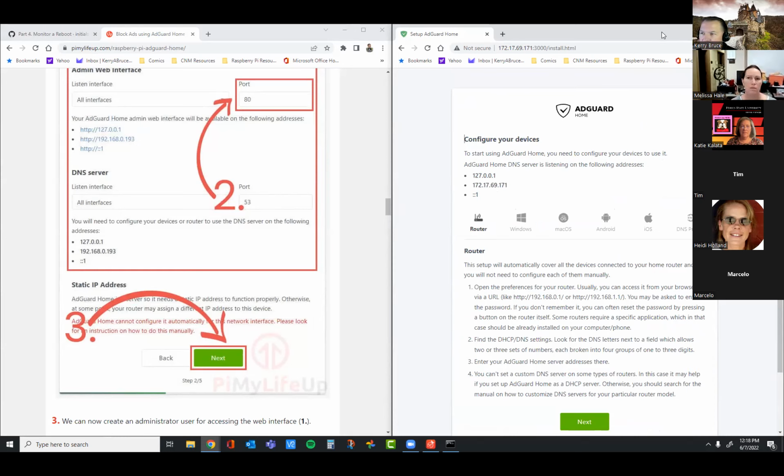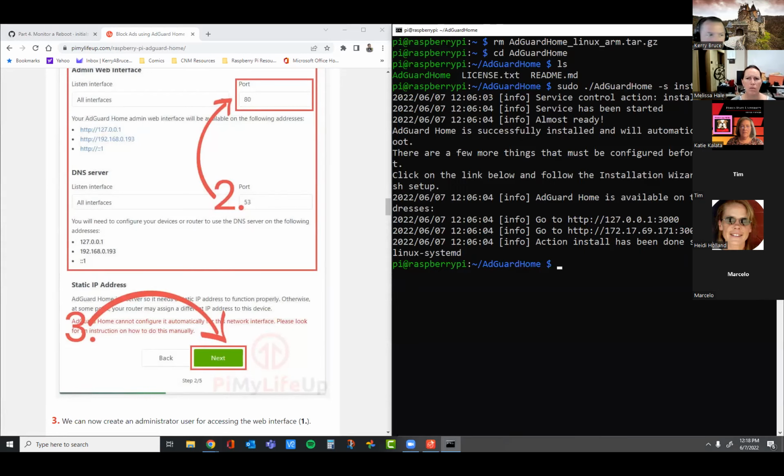We need to change the IP address on our device. So we need to go back here, and I'm just going to set that one statically. I know I have other machines that are going to use it, so it would be fine.